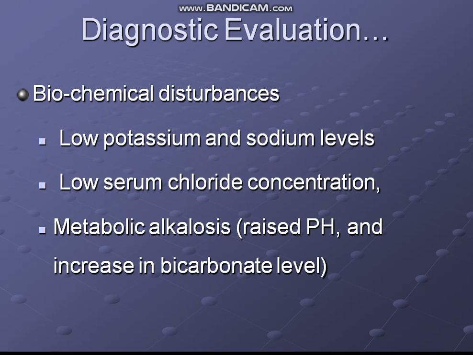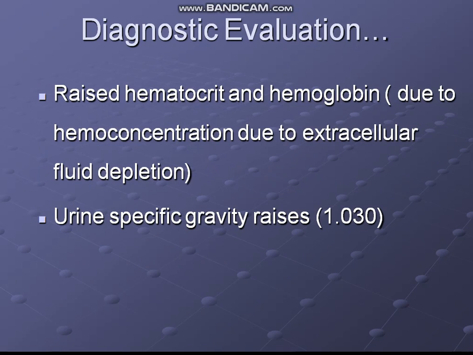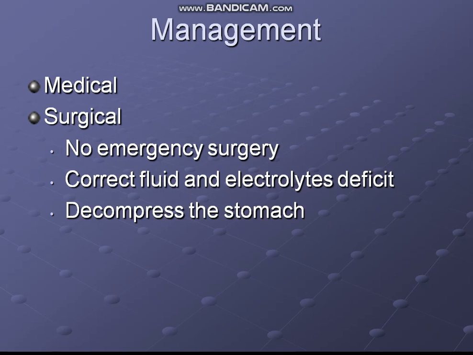There can be metabolic alkalosis which is manifested as raised pH and an increase in bicarbonate level. There can be raised hematocrit and hemoglobin level, which is due to hemoconcentration and which happens due to dehydration. The urine specific gravity is raised, which will be around 1.030. Coming to the medical management of a child,